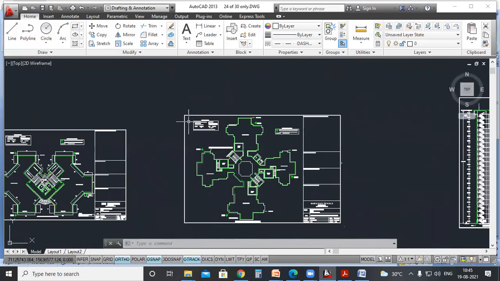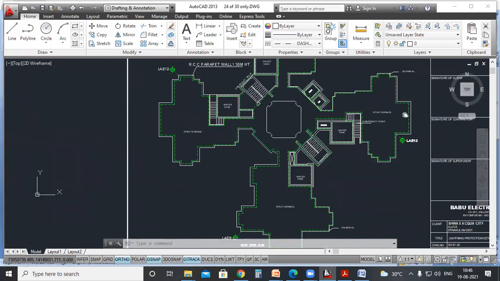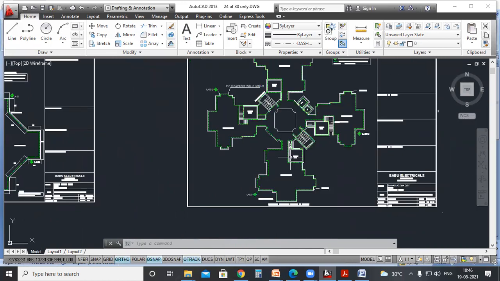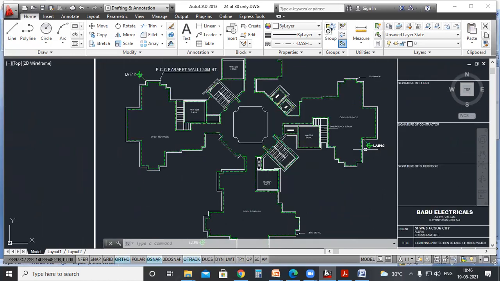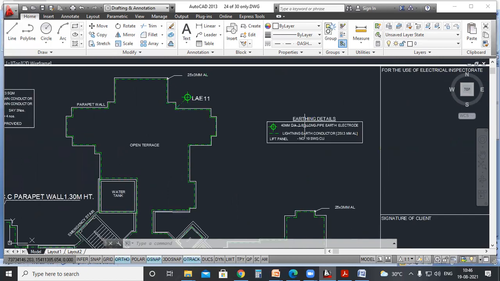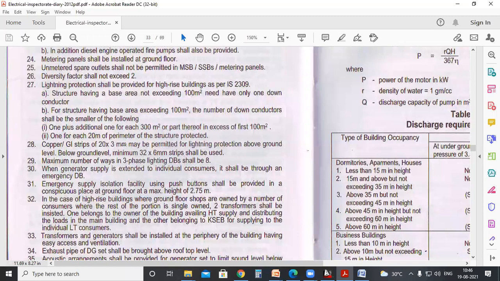Here we require 4 numbers, right? You can see 1, 2, 3, 4. At each tower, these are actually different towers, so for each tower they have provided down conductors. This down conductor goes down to the lightning arrestor earth pit, a 40 mm dia, 2.5-meter long earth electrode. As per the standards, the down conductor is 25 into 3, 20 into 3. So here they have provided